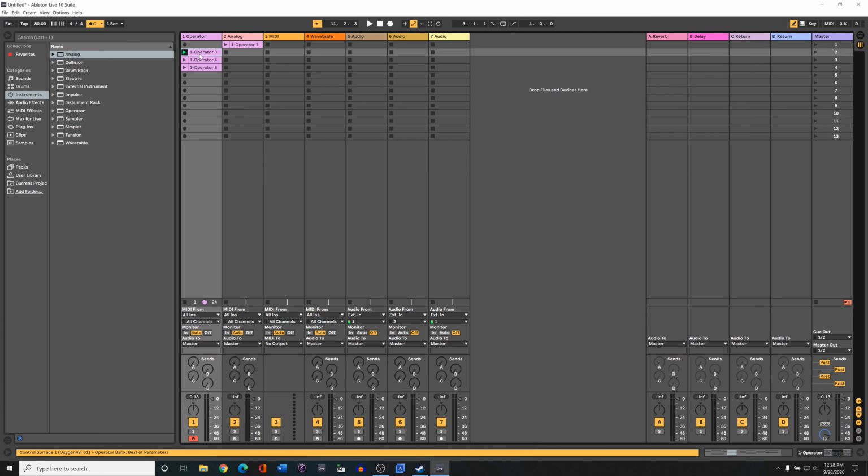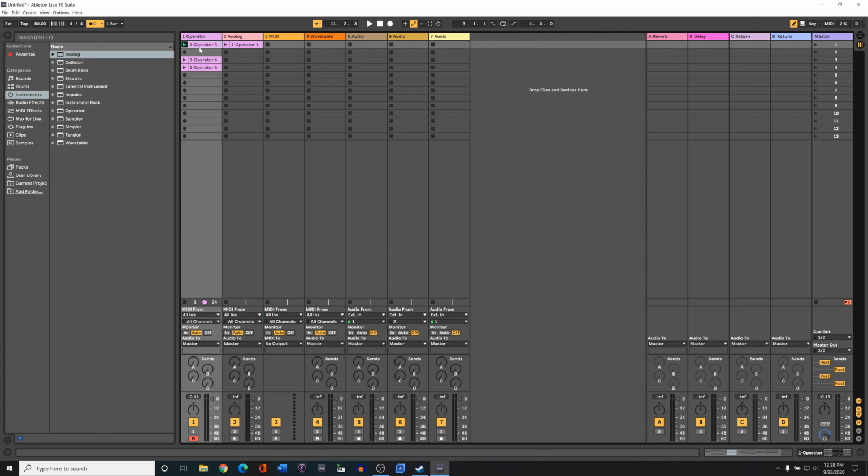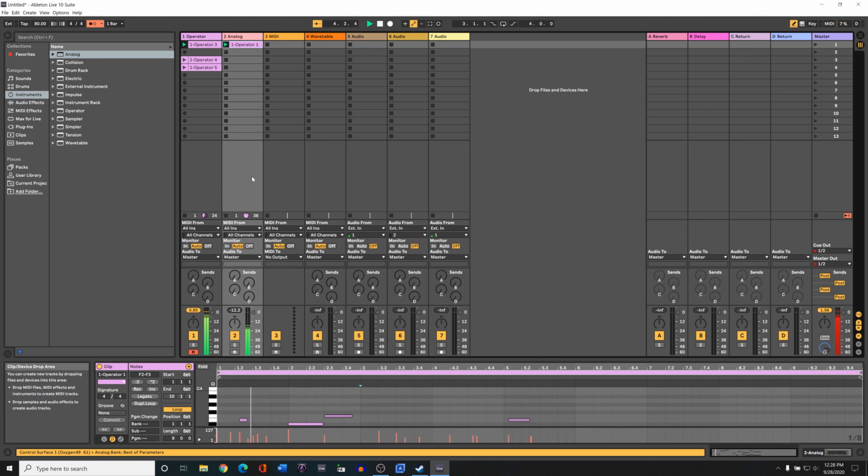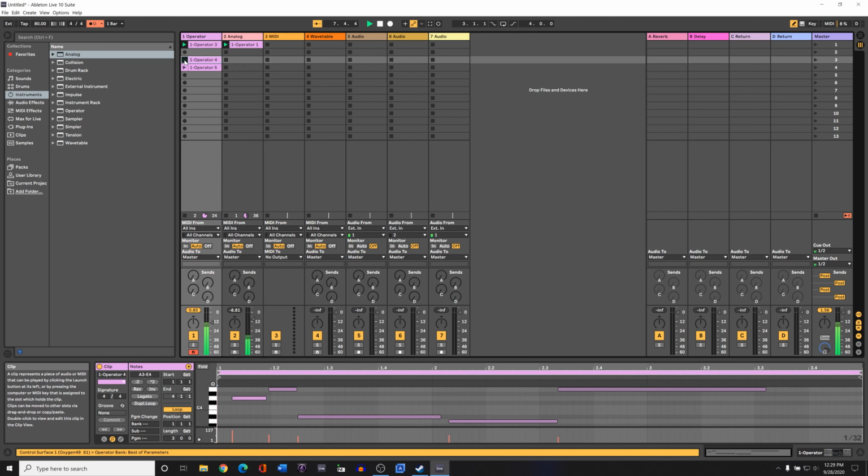Now let's say we want these to occupy the same scene just to stay organized because they're happening together. What I can do is go ahead and stop this. If you ever want to reset everything, just double click your stop button in the global transport. So we've got everything stopped. Now I can start playing this clip, and whenever I want to add in the next clip, I can start playing the second clip. And then if I want to change to another clip,